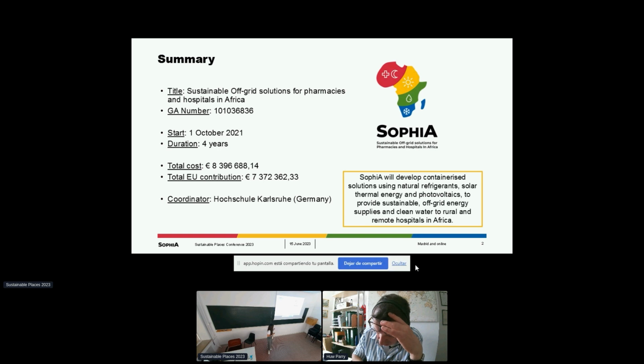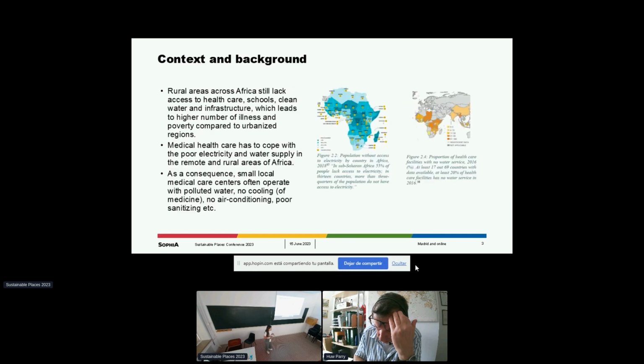The coordinator is the University of Applied Sciences of Hochschule Karlsruhe, and our main goal is to develop containerized solutions using natural refrigerants and solar technology and PV for providing sustainable off-grid energy supplies, clean drinking water, and refrigeration for rural hospitals in Africa. The background of why we started this project is a quick